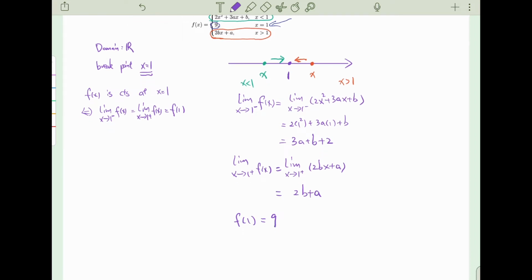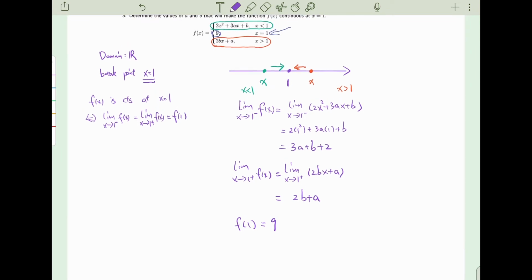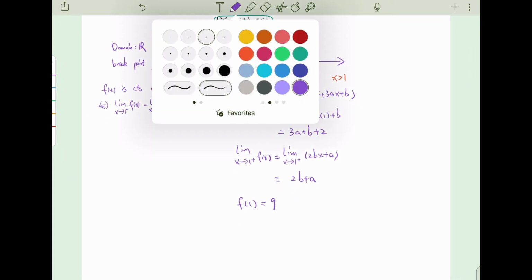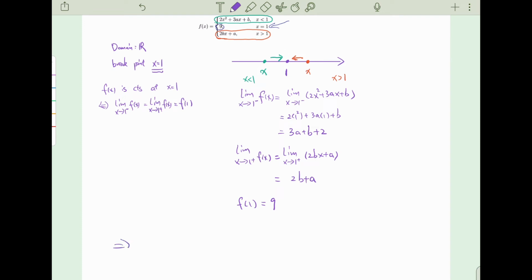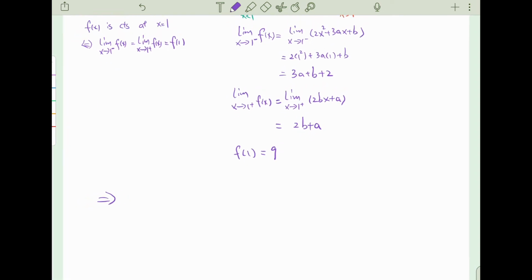Now we have these three things here. They have to be equal. The left limit has to be equal to the right limit, has to be equal to the value of the function. Okay, so now we have these three things equal together: 3a plus b plus 2 equal to 2b plus a equal to 9. Okay, now I can solve this thing